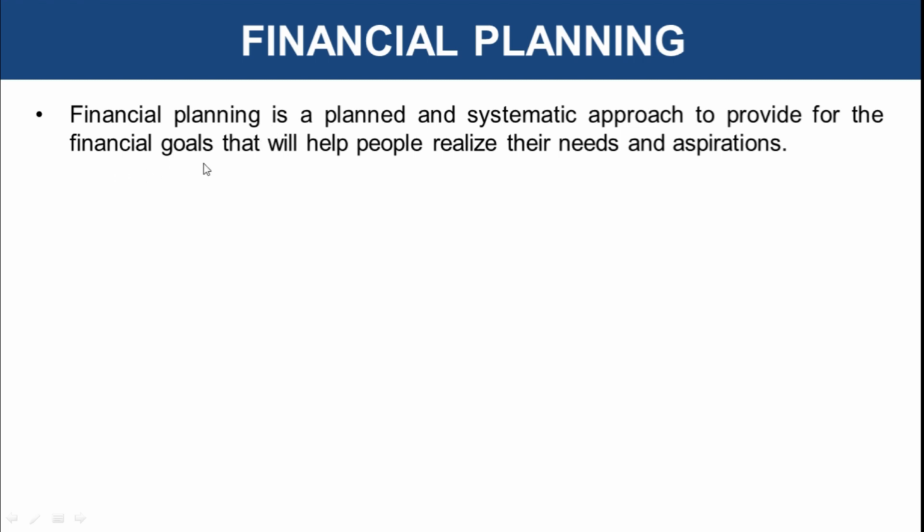So let me give you some examples of your financial goals. Your financial goals could be buying a new house. Your financial goal could be buying a new car, funding your children's education, funding your own marriage. So these are some of the examples of financial goals one could have. And we can understand that all these financial goals involve a lot of amount, a lot of corpus to be spent. Now, managing that huge corpus out of your daily income will disturb your budget enormously, and it won't even be possible unless you are in a very high paying job.